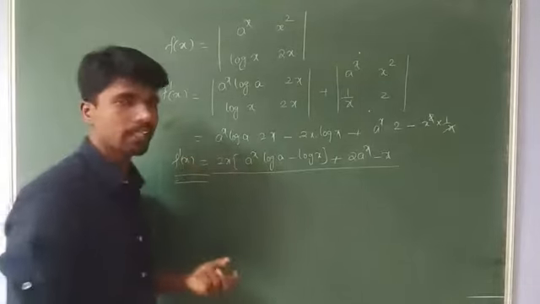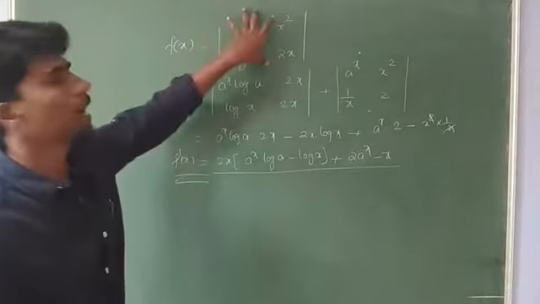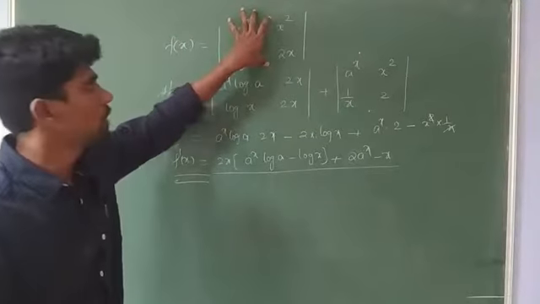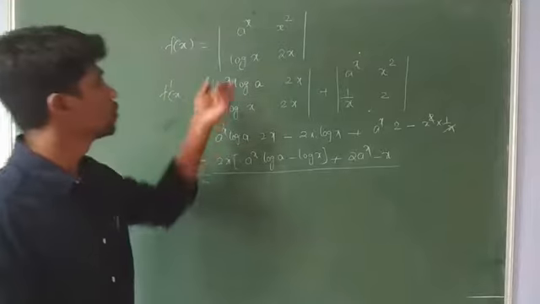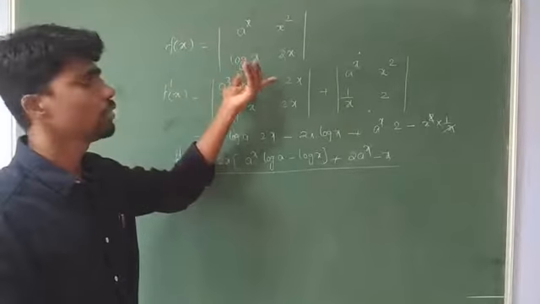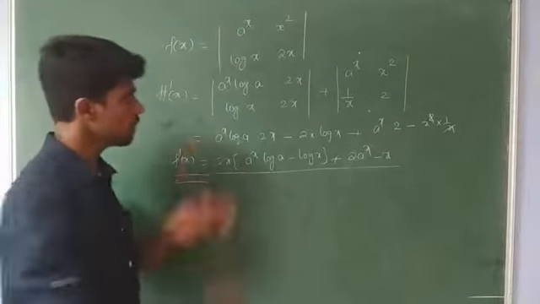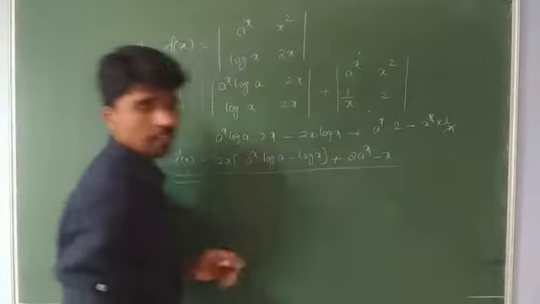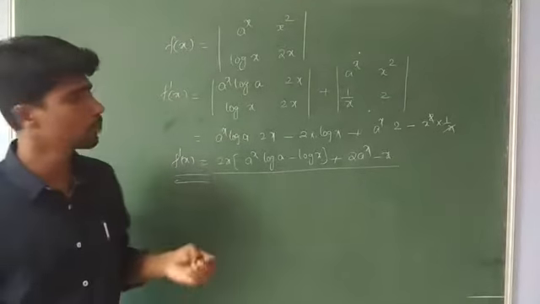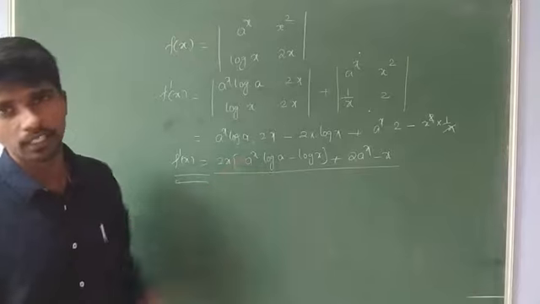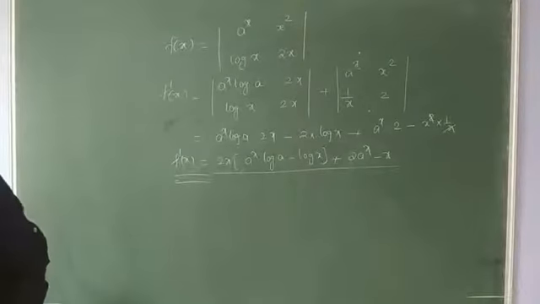So instead of taking this and all, we can directly expand this, and later we can go for simplification, meaning later we can go for its derivative. This is the 2 by 2 derivative, so we can do it that way. But whenever we go to 3 by 3, we get a huge expression and finding its derivative is a bit complicated, right? That's why we do it in this particular way. And now we continue with our problems.